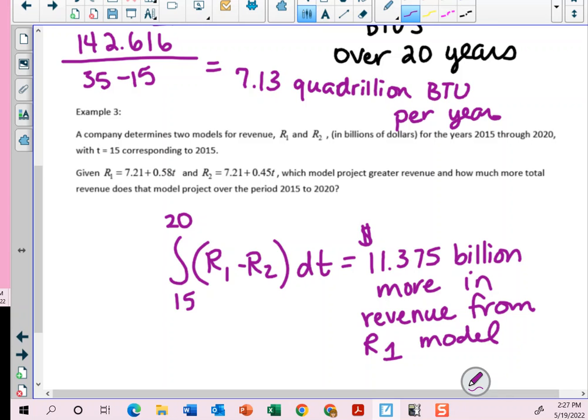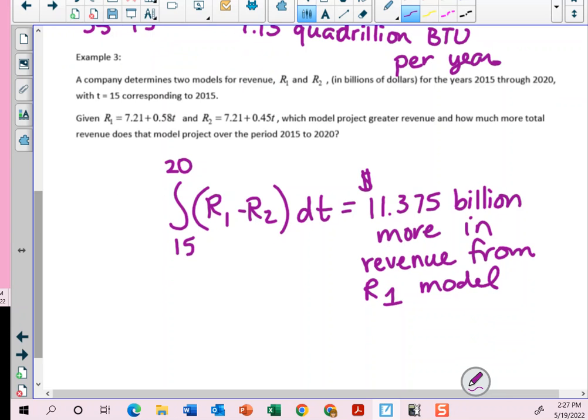Okay. So bigger revenues for this, 11.375 billion more, and that's